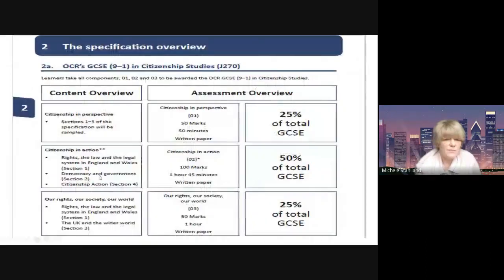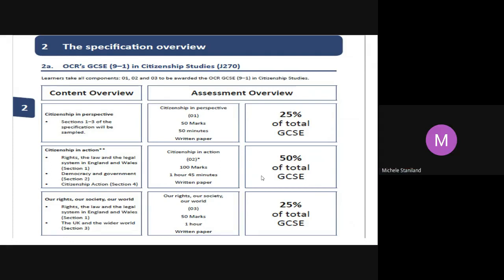Now, the Active Citizenship Project is evaluated in this paper here and accounts for about 25% of the overall grade in total. It's a 12-marked piece of work, which means that if you do the maths, which I've done vaguely, it's a very important part of the assessment. However, the assessments are all written papers. It's in this paper that you get the opportunity to evaluate your active citizenship campaigning, but they're all written papers,